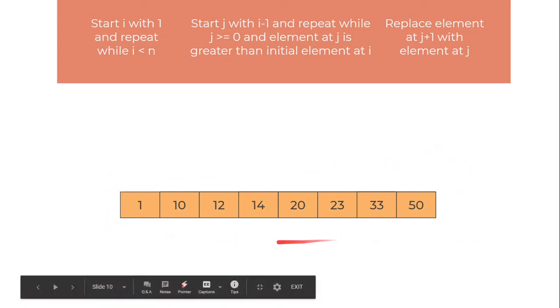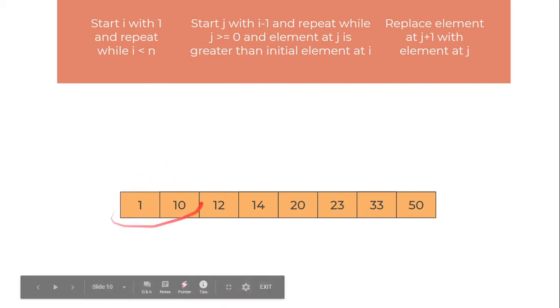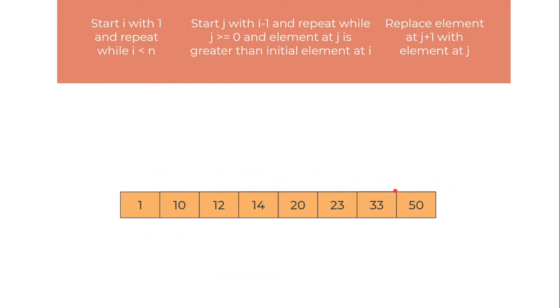So that is how insertion sort works. Each time we will be increasing our sorted array size. So for example, first it was just 1 element, in the next iteration it will be 2 elements, in the next iteration it will be 3 elements, and so on until the entire array is sorted like that. But guys, be sure this is not the most efficient algorithm, because this runs in big O of n square time, and there are much better sorting algorithms, for example quicksort and merge sort. So if you are asked this question in an interview, don't sort your array like this, but still it is a good algorithm which you should understand.